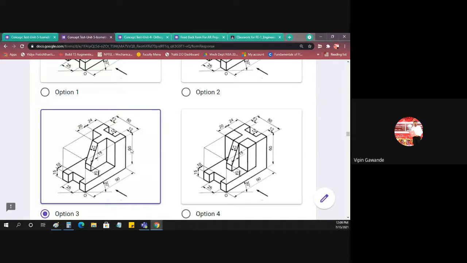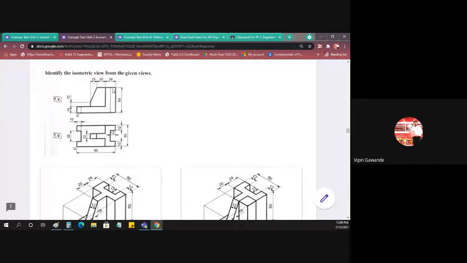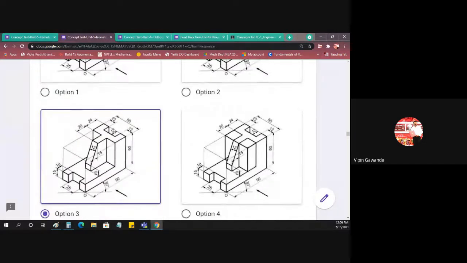So here you will practice orthographic projection and isometric view also. If you practice only orthographic projections, you can identify the answer for the isometric view, since that is just the reverse of it. So this is the correct option. You just have to check the dotted lines that come because of this cutout. This point we will transfer here, so we'll get the dotted lines here, and because of this cutout, we'll get the dotted lines here.